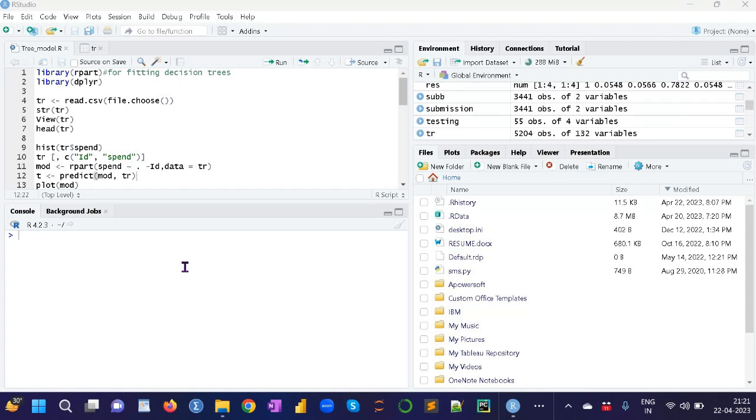This time I am using the R language. In R, I am using two data sets: a training data set and a testing data set. I am also using the decision tree. First we run the library. This R package is mainly used for the decision tree,